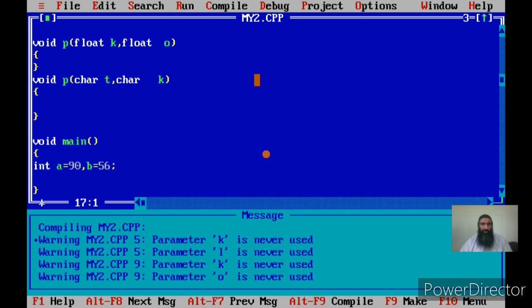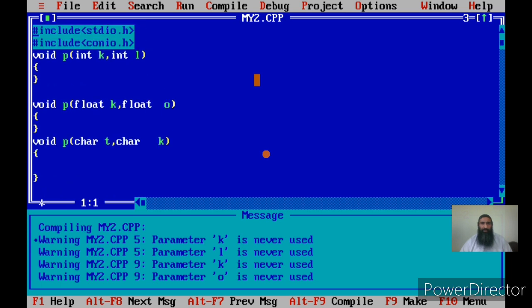First I will name this function swap instead of p. Now we are writing a function implementation with some purpose, so that this becomes an example which you can use to understand the power of function overloading.